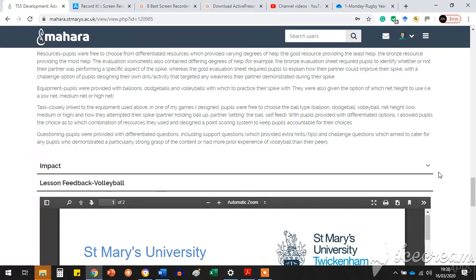Equally, I used a monitoring system whereby I awarded a point scoring system for the combination of these options, whereby something like a volleyball over a higher net with their partner setting the ball up for them would give a higher combination of points than something like a balloon over a low net height where they self-fed. So they were still encouraged to move up this layer of progression, yet I still felt like I made the